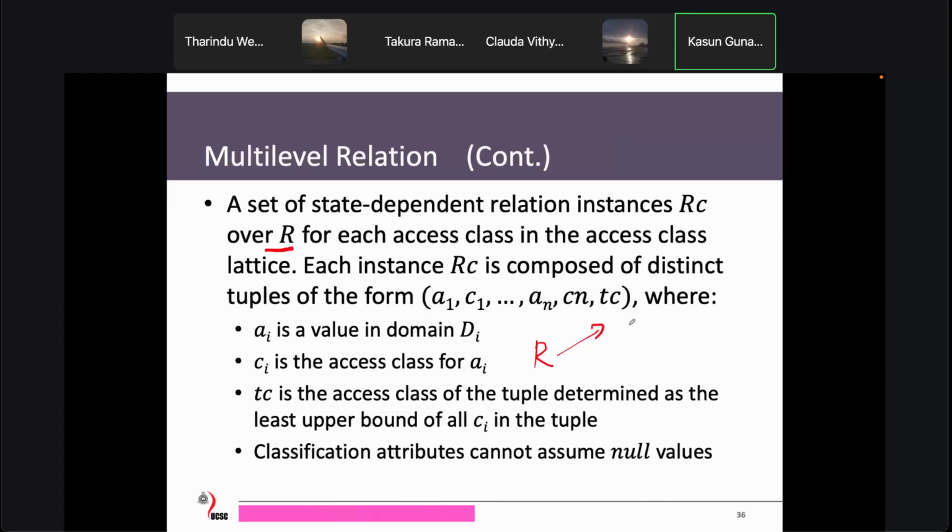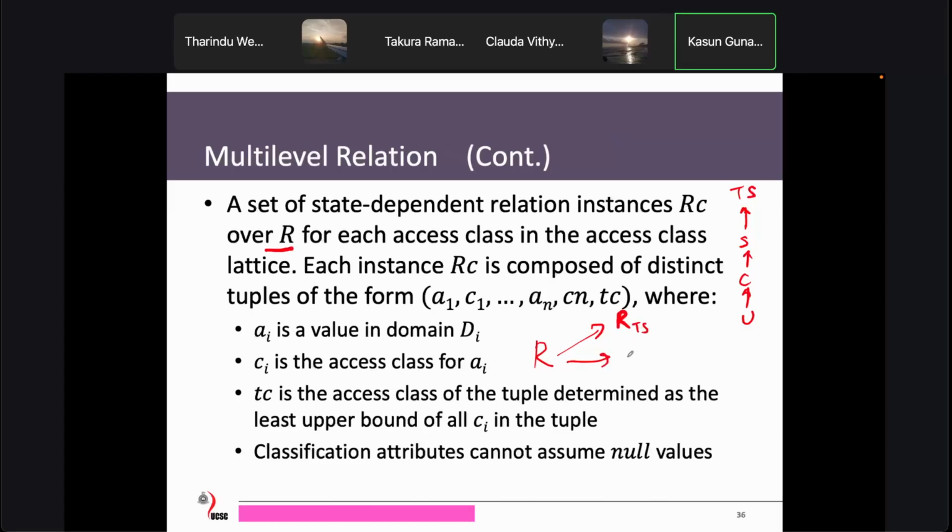If we think of a hierarchy of clearance levels, there can be top secret, secret, confidential, and maybe unclassified. So that might be the hierarchy that we are interested in. In that case, our relation R might have different instances in